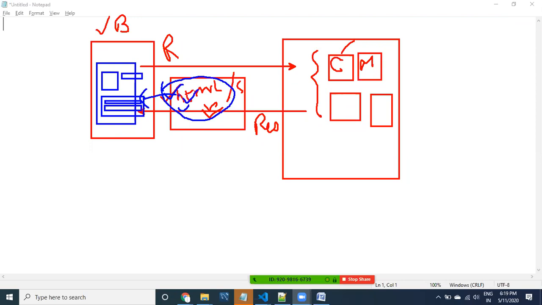So whenever you say HTML, CSS, JavaScript, and all, the response is returned from the server to the browser in terms of HTML, CSS, and all.